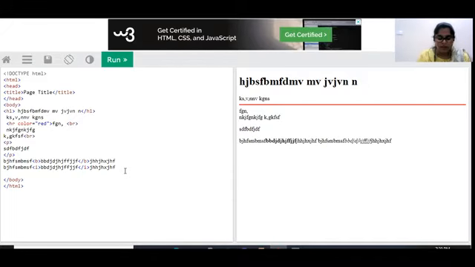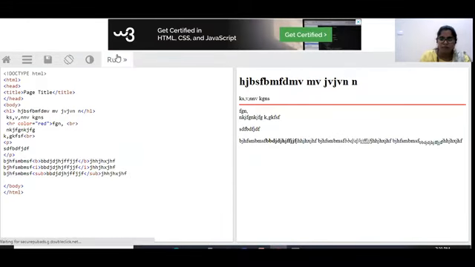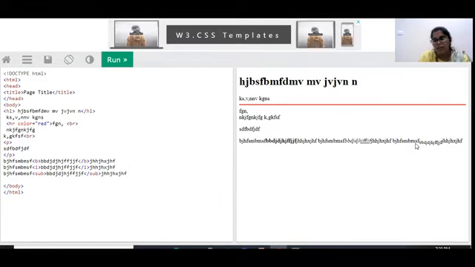Let us go with the next one, subscript. So here if you can observe, the content will come a bit down when you are supposed to write some chemical formulas.